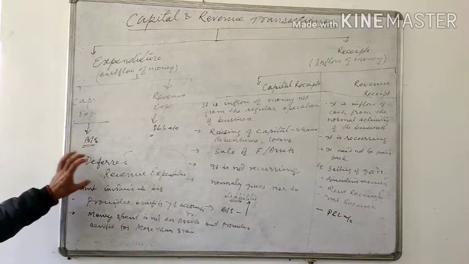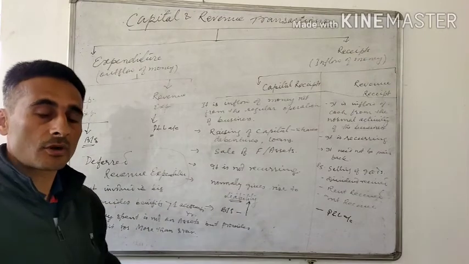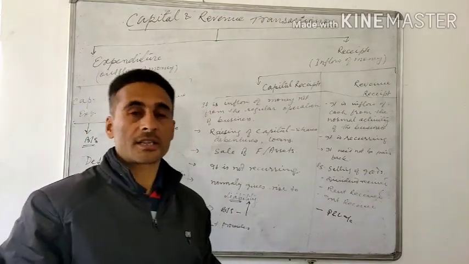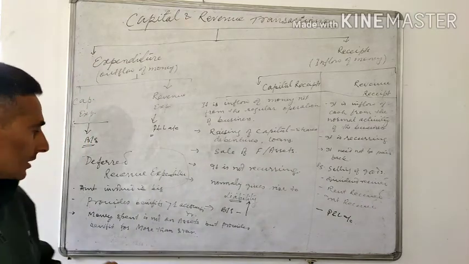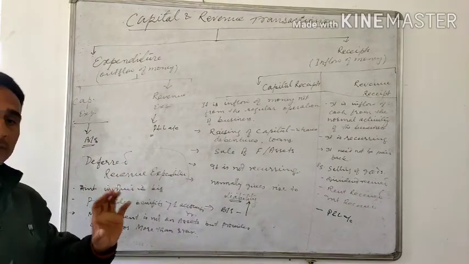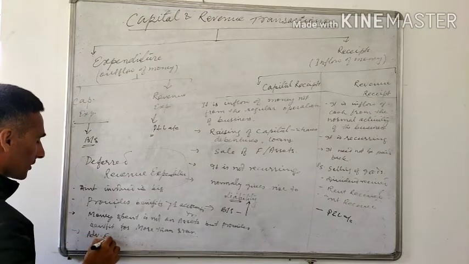Then that will be termed as deferred revenue expenditure. What you have to see is that the money is not spent on assets and at the same time you get benefit for more than one accounting year, then that will be termed as deferred revenue expenditure. The example I give you: advertisement expenditure